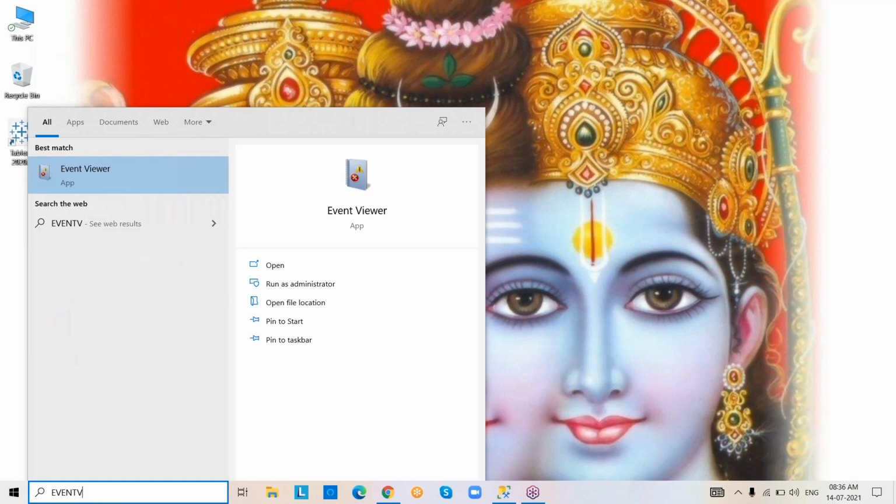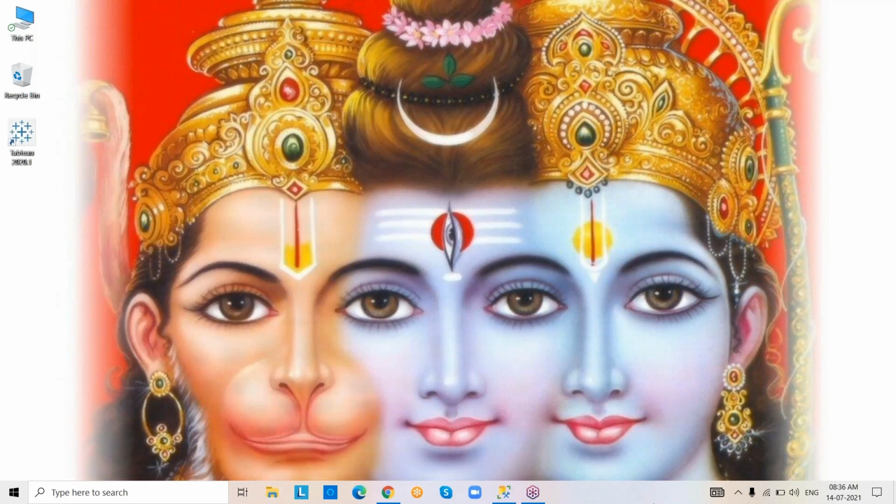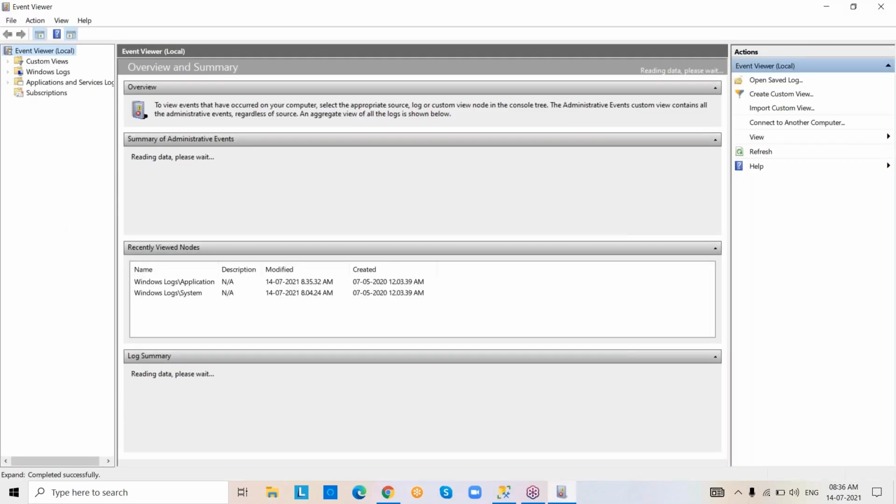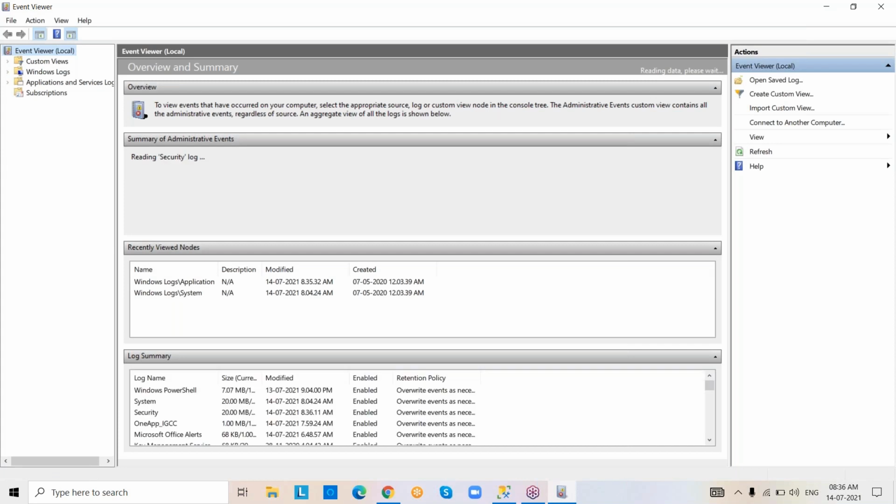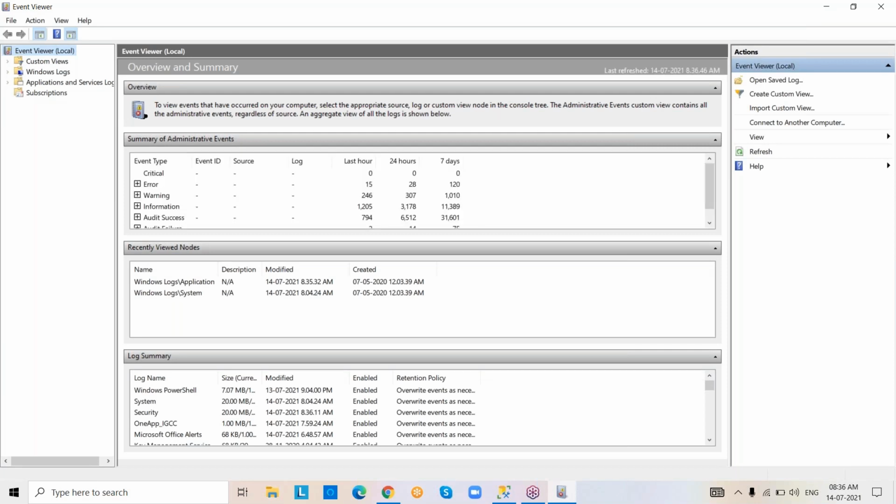In the same way, type Event Viewer in the search button, go to the Event Viewer tool. Actually, Event Viewer is a Windows operating system tool, and this tool is used to find the error logs of SQL Server. Wait, it is loading.